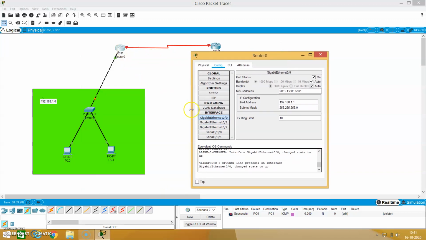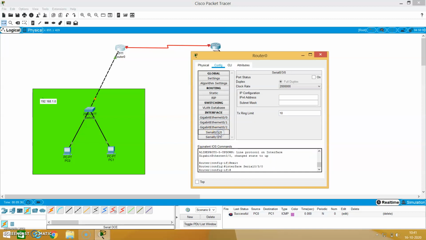Now you can see a green color here. Okay, and I connected this serial cable to 0/3/0. Just click there and we need to give some other IP address. This interface is another network, an interface to another network. So give some other network ID.